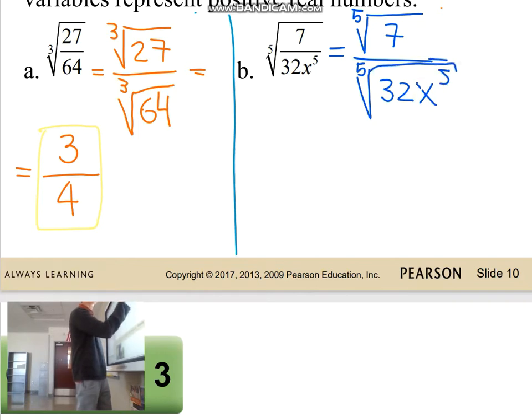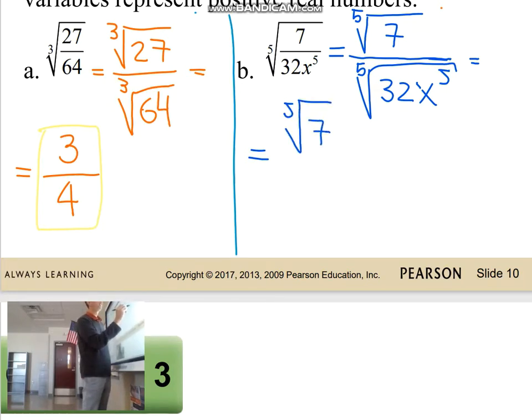Okay, let's work this. This is equal to, we cannot simplify the fifth root of 7, just repeat the numerator, fifth root of 7,